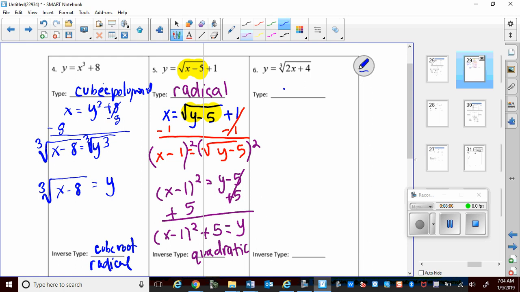Next, this is a cube root. So at the end, we should have a cube root radical. This is a square root radical. At the end, we should produce a cubic polynomial as its inverse. So first, we exchange the x and y. So x equals the cube root